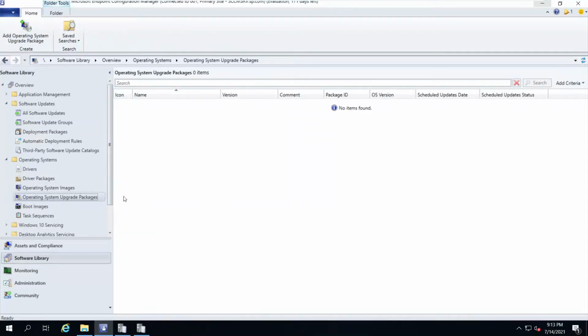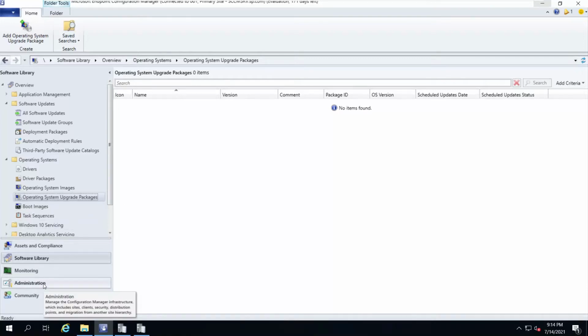our upgrade package. So for example, client is having Windows 7 or Windows 8.1 and you want to upgrade to Windows 10. You need to put your upgrade package, upload your upgrade image here, and then you can push in the same manner as we did for the wipe and reload or refresh OS refresh option.